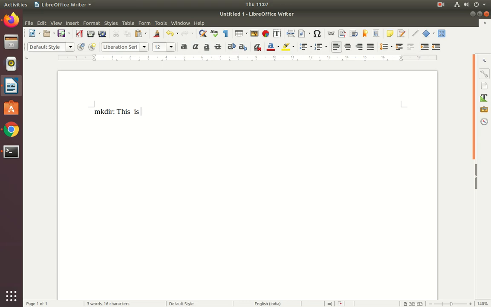This is used to make directories. Then rmdir, this is used to remove directories.